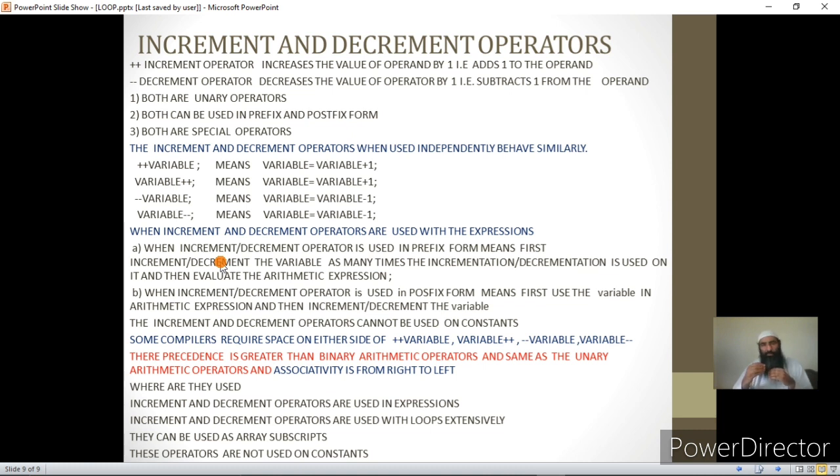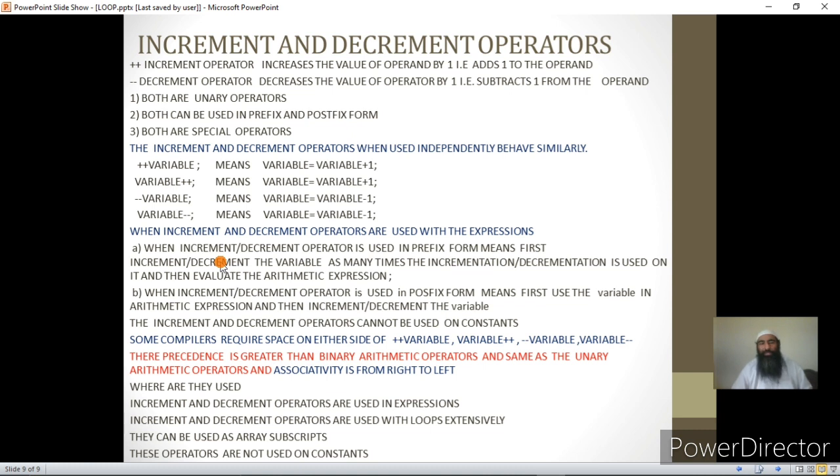Once they are used in arithmetic expressions in prefix form, the incrementations are performed on the operand, and after that the new value of the operand that settles down is used at all the places where the operand has been used. This is important. That is, if there is a pre-incrementation of A at 3 places in an expression, 3 different values of A will not be used, but the final value of A that settles after the 3 incrementations will be used. This is important. Now if you are doing pre-decrementation of a variable A at 10 places in an arithmetic expression, you will not be using 10 different values at 10 places.